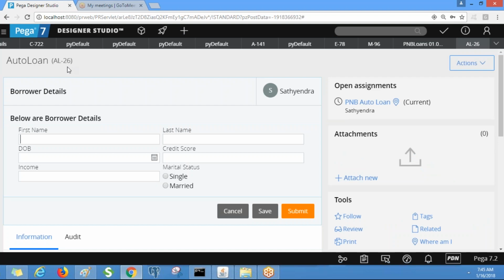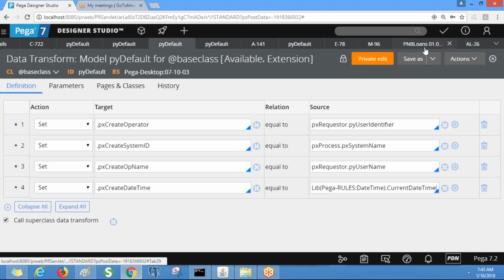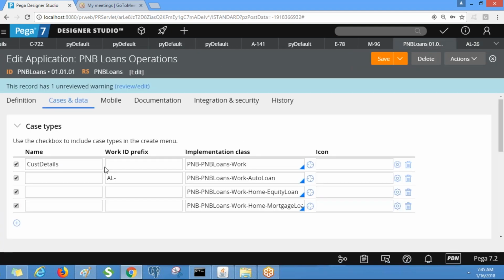See now, you see the work object prefix as AL dash. That means it takes the most precedence when compared to the pyDefault which is there in the auto loan work type. If we specify it here, this will appear as the work ID prefix. If you don't specify it here, it will take the one which is there in pyDefault.